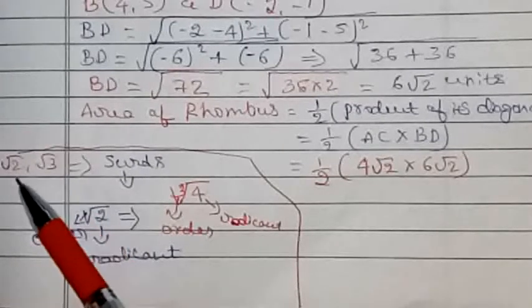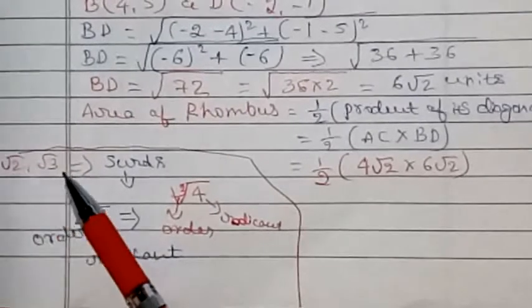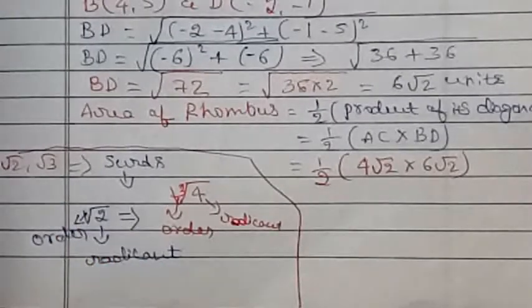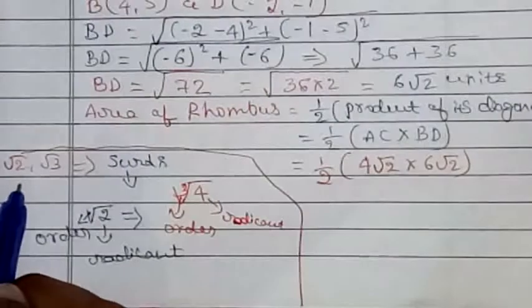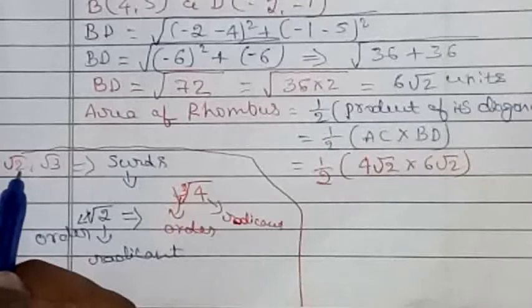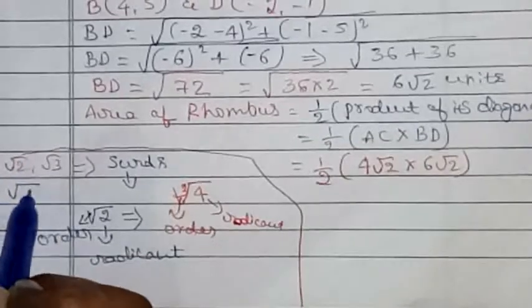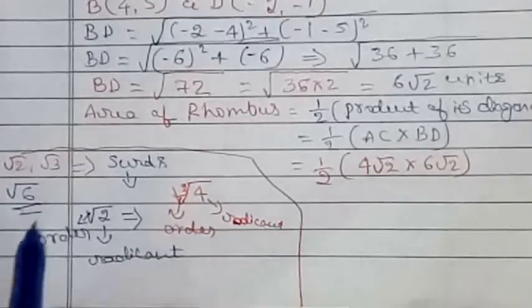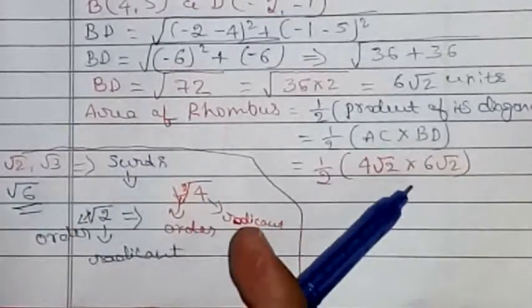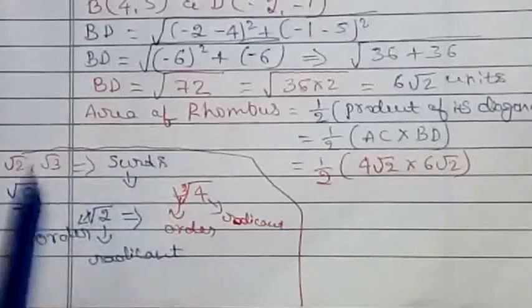Now what are the radicands here? The radicands are inside the root. So the radicands are 2 and 3. So therefore we can multiply the radicands. Now just say what is the answer for this. Order is 2, order is 2, then we can multiply the radicands. Now 2 threes are 6. So therefore square root of 6 is the answer for this. Like that we need to solve here also. So for this I said all these, right, children?